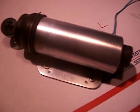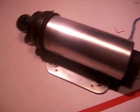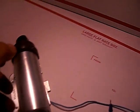This is the 1970 Cadillac power door lock actuator activator in beautiful condition. This unit is going to Mark Russo. This unit and its part number is designated as a left-hand unit, ending in